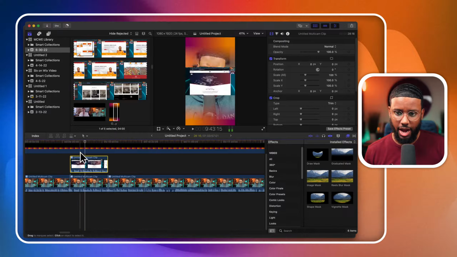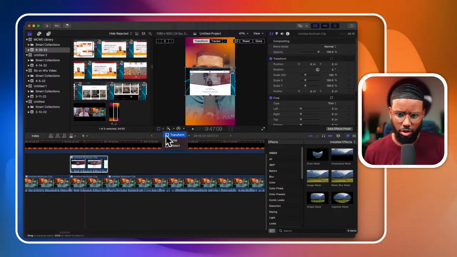So now this is on top. So this is essentially what we did, but I'm going to go ahead and crop this. Okay, so first, I'm going to select the crop tool under here. It's on transform by default, but I'm going to go down to crop. So I'm going to crop it